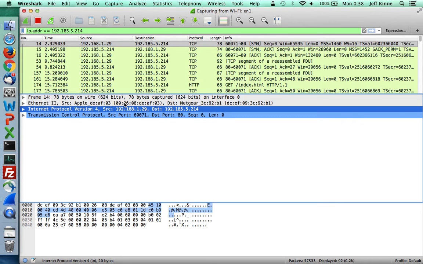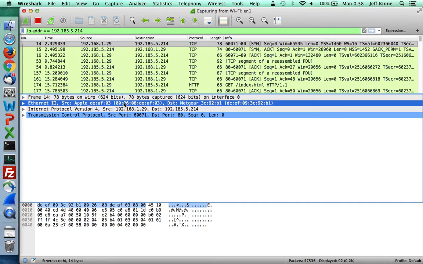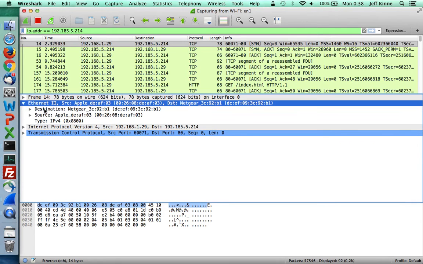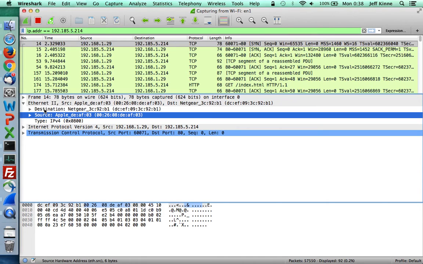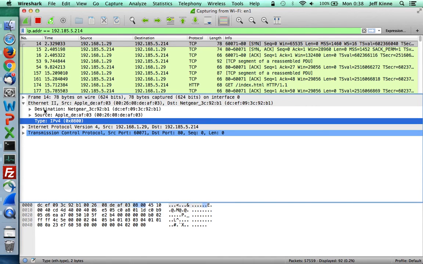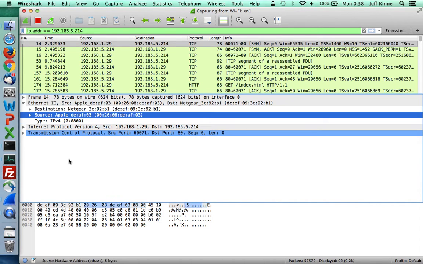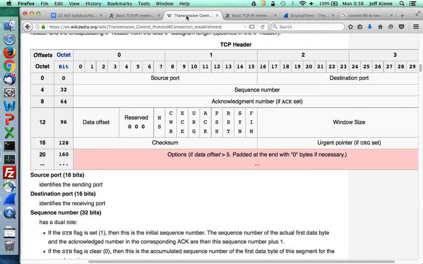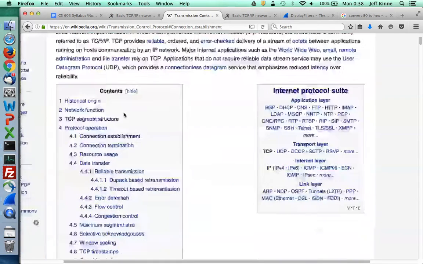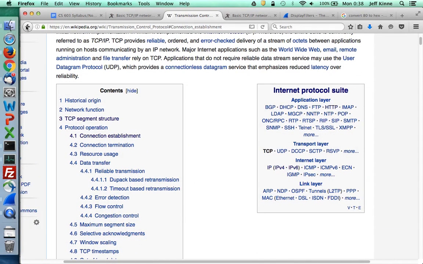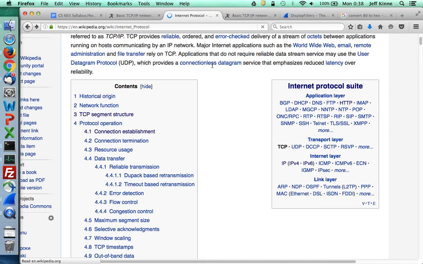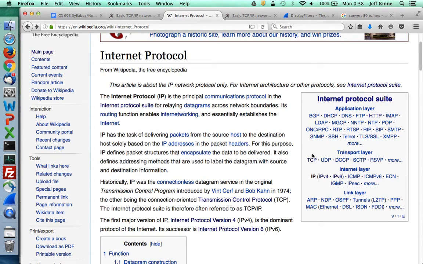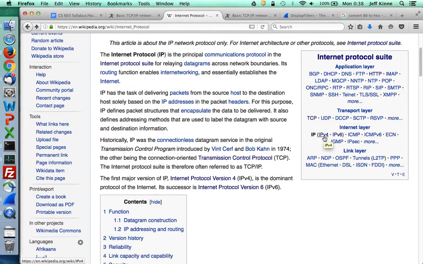server, and we had the IP with the IP address, and we had the TCP part with the ports. Now above that is Ethernet information. If we look inside of the Ethernet header, we have a destination and a source and an IP version. And if we go over to the Wikipedia page, we originally were at Internet Protocol. Internet Protocol there's TCP, and underneath that is IPv4, and underneath that is the link layer. And if we click on Ethernet,